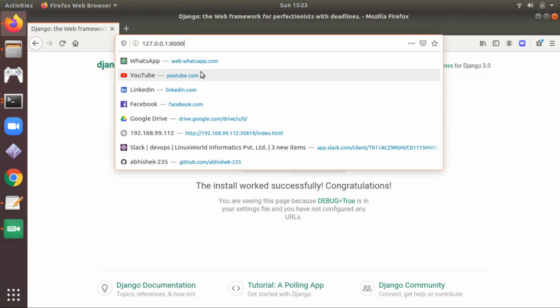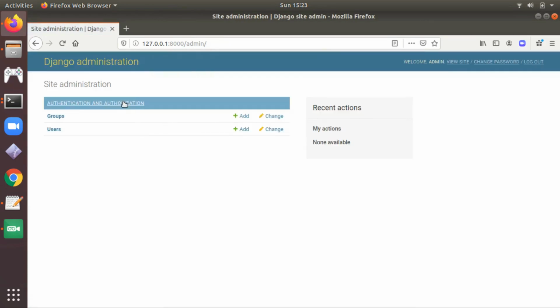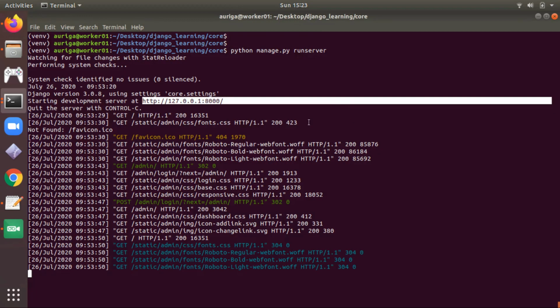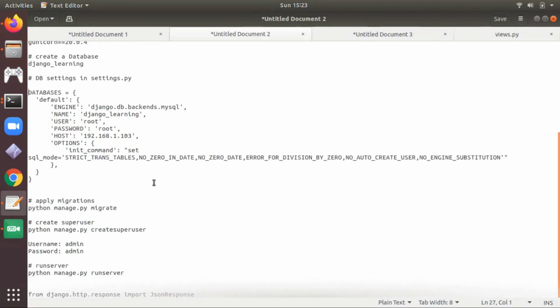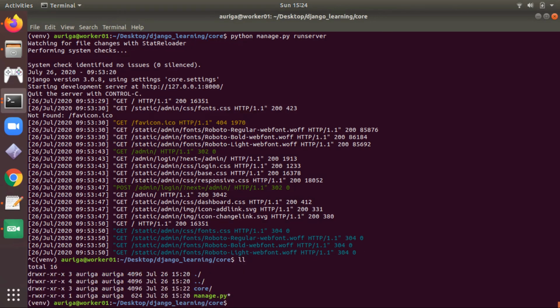Also you can access admin. You can see admin is also working fine. So now we will launch this application in Docker.